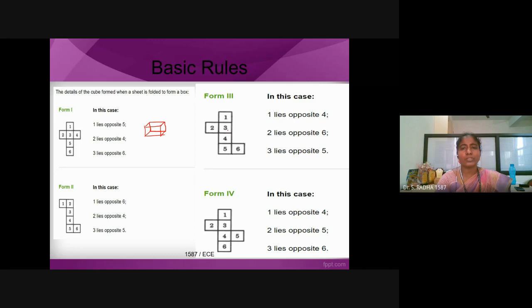And here also you can keep 3 or 4 as the base. If I keep 3 as base, you lift 1, 2, 4, 3 faces completed. Close the top using 5, then fold the 6 on the side. So 2 and 6 will be opposite, 3 is base and 5 is top. 1 and 4 are opposite faces. Similarly here you can just make,